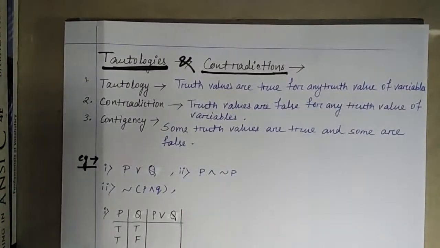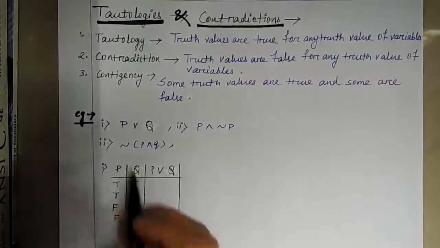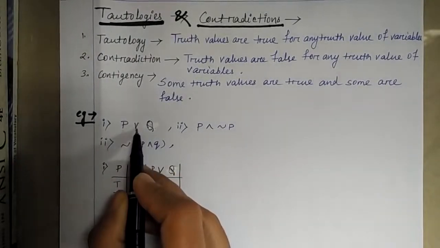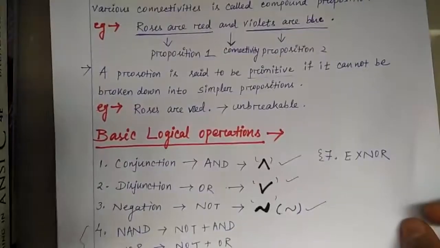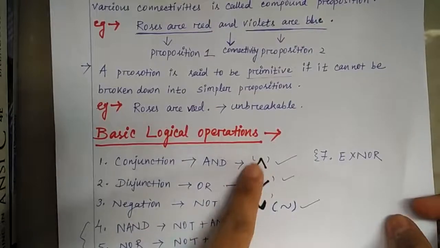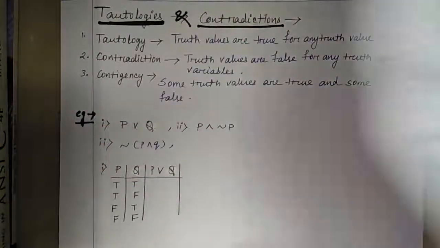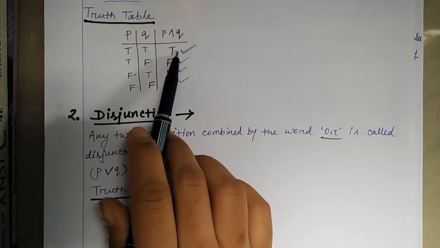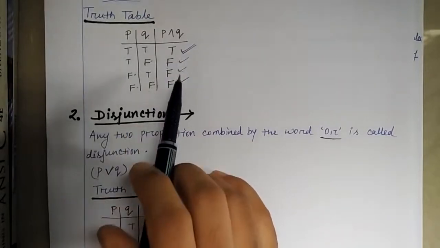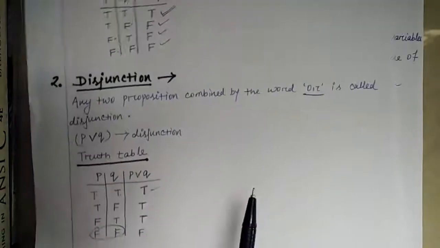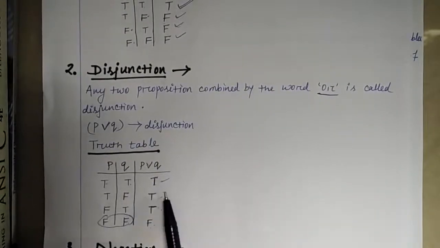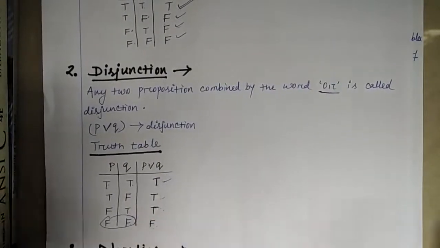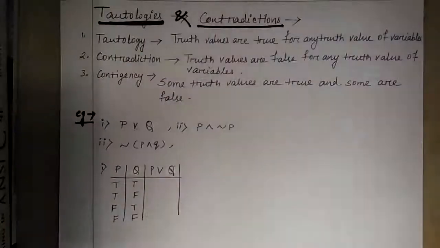So you can see the first example here, that is P or Q. Now this symbol you must know because in the last class I told you about three connectives. So what are the three connectives? And, or and not. We obtained the three different tables for and, or, not also. If you remember, for and, if both the values are true, then only the final truth value is true, others are false. For or, if either of the truth values is true, then you get true, otherwise it is false. And for negation it is the opposite, that you know.